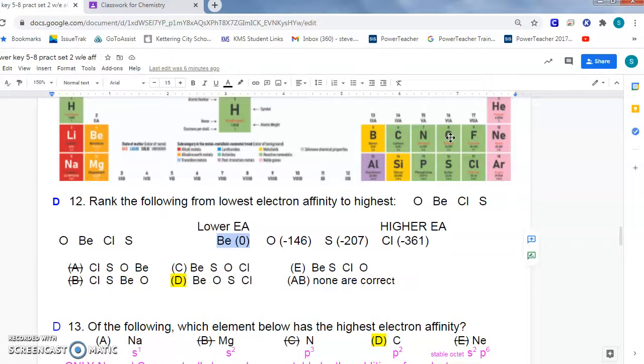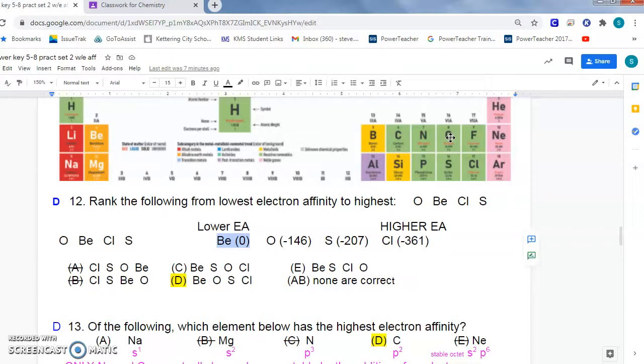Too small meaning that oxygen would have to be given a little energy to force that electron into it before it could release energy. Oxygen is small, its electron cloud is very dense. The electrons are close to the nucleus, not taking up much space. It only has 2 levels. So when we go to give oxygen an electron, initially it would take some energy to force that electron into